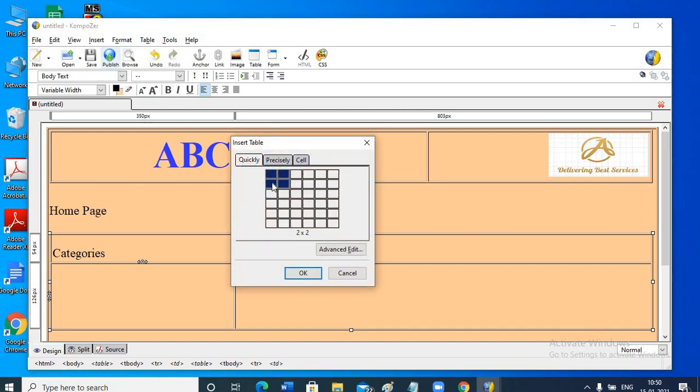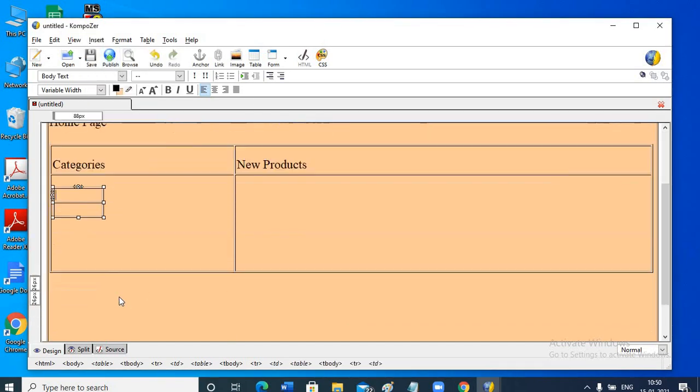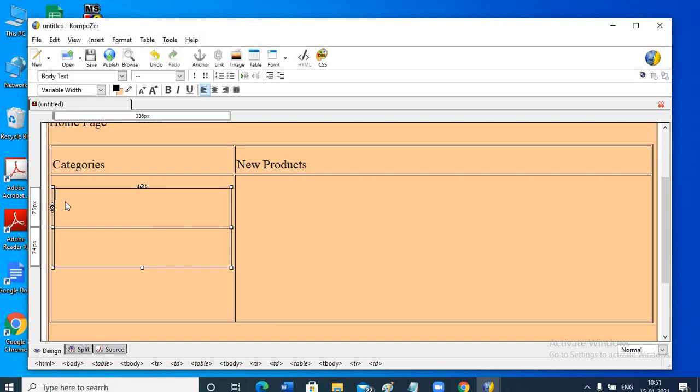Insert table. Type water bottle, select the text, increase font size twice, make it center aligned.